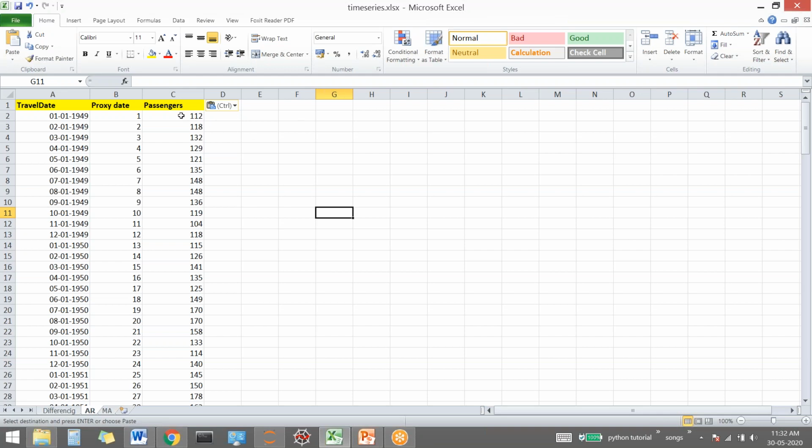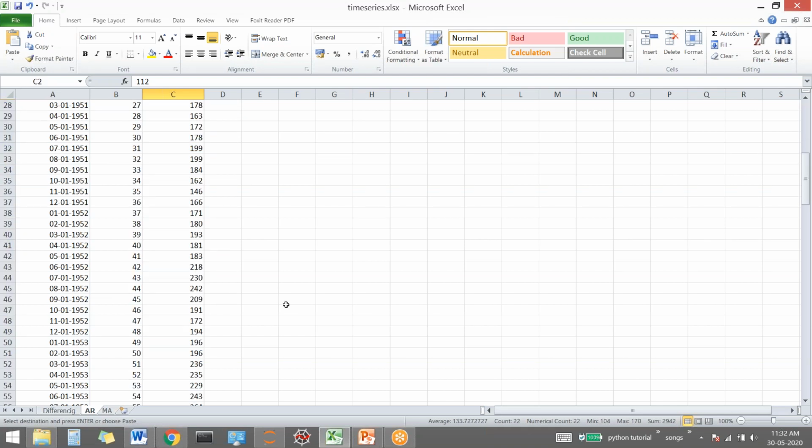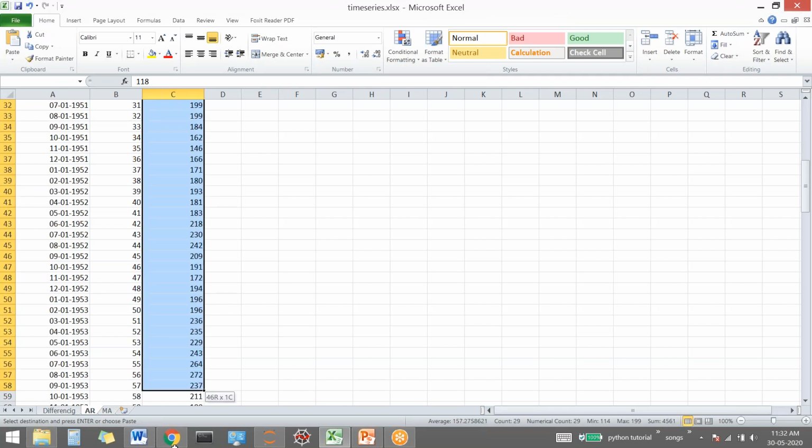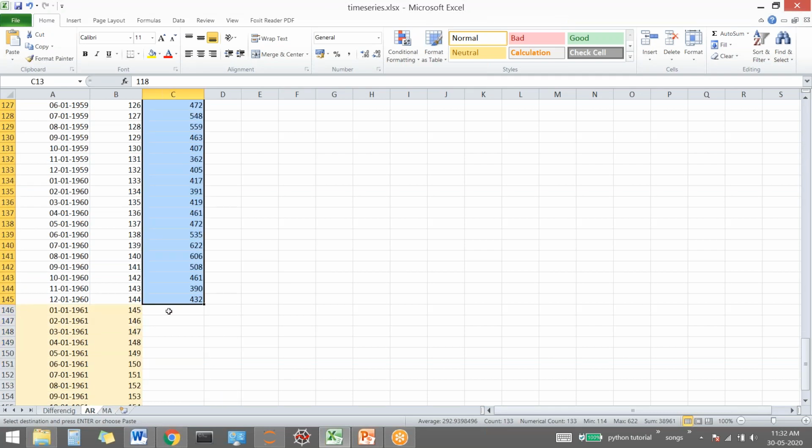So in AR, what will happen? In order to make predictions, linear regression is applied on the historical data in the backend, and after linear regression, what will happen? A continuous value will be predicted. So ARIMA, for auto regression, will apply linear regression in the backend on all of the data, and it will make a prediction for the coming day, for this 145th day.